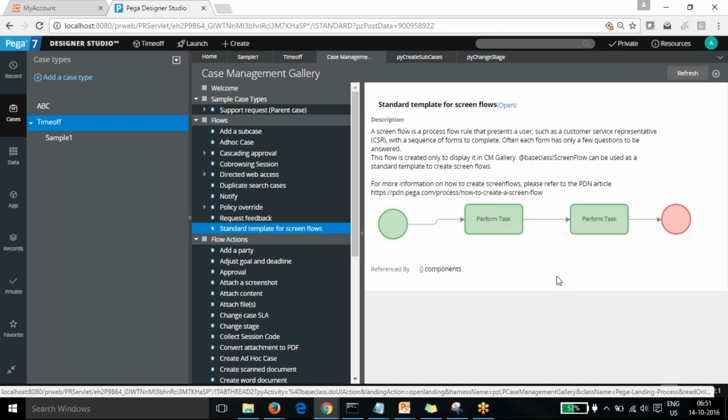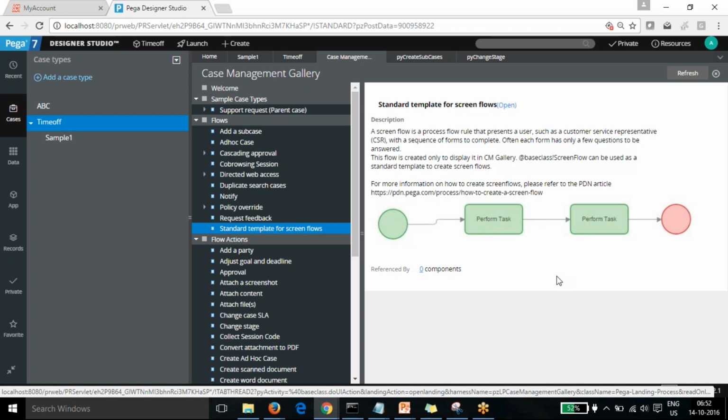And finally, there is another flow called screen flow. Screen flow is something we mainly use in CRM solutions, where a customer representative needs to fill up a sequence of forms. Say he is getting information from a client, like for a candidate. He will first get the personal details, then the work history, then the education history.